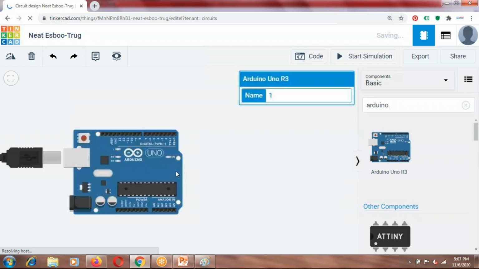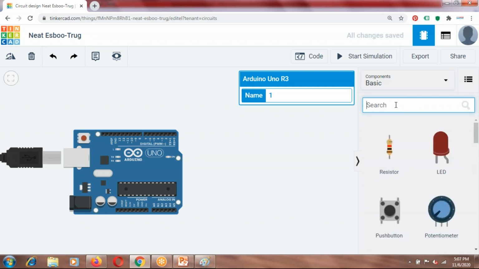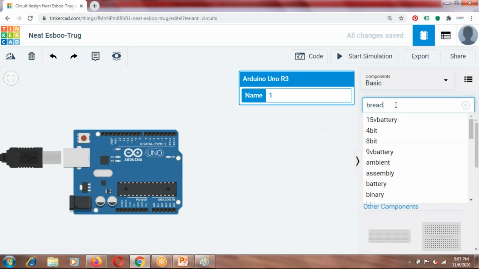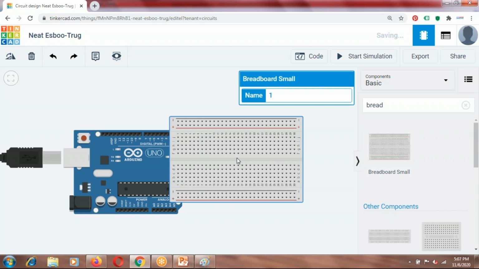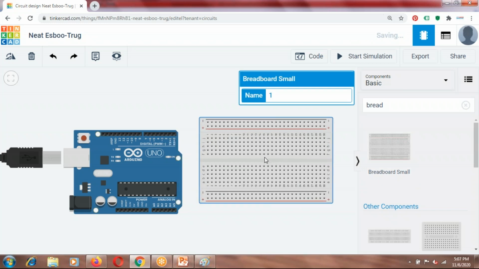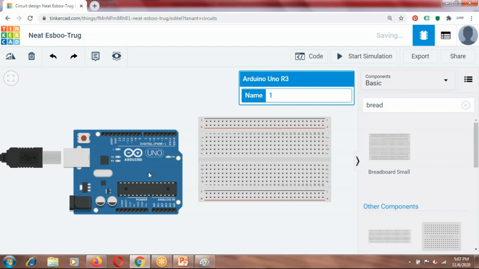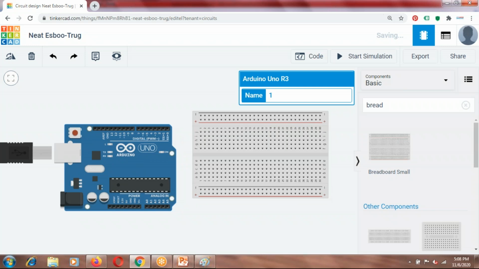Just takes some time. You will require a small breadboard for making the connections, so let's add a breadboard. This is the breadboard. Just let us turn the Arduino vertically.